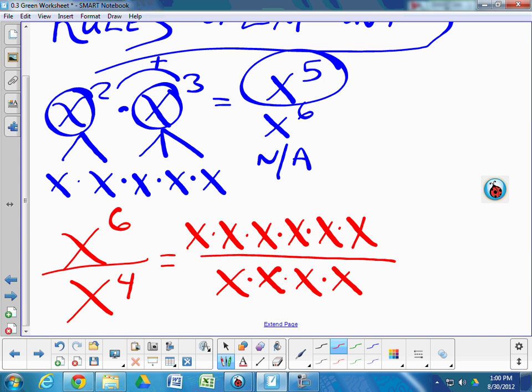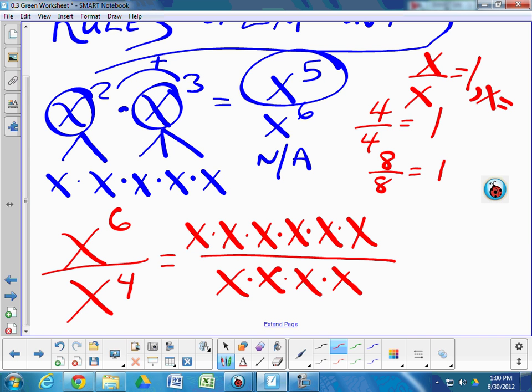at this point. If you don't know what I'm talking about, what's 4 over 4? 1. What's 8 over 8? 1. What's x over x? 1, as long as x isn't 0. I have to add that. X over x isn't 1 if x is 0, because then it would be 0 over 0, which is not defined. Whatever. Okay, so x over x typically they cancel when one's on the top and one's on the